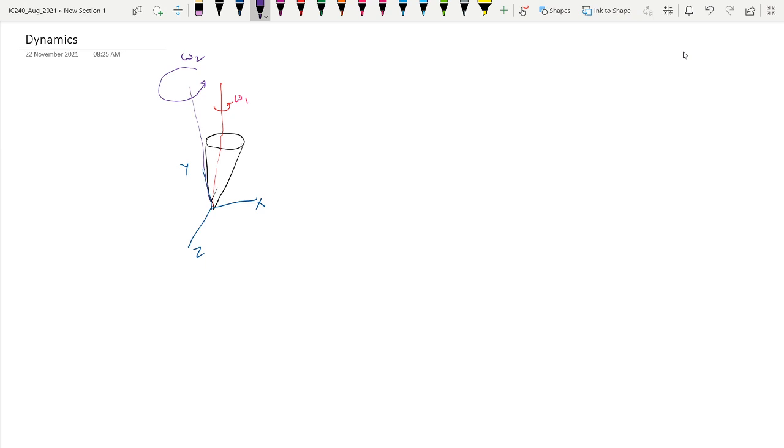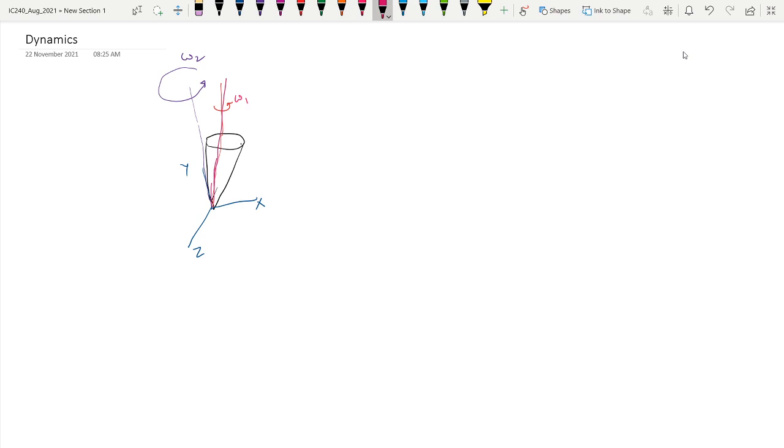So if I write the angular momentum, or if I choose the axis as capital XYZ, then I of this system is going to vary with time, because at the next instant this is going to be here, at the next instant it is going to be somewhere here. So the mass distribution is going to change with respect to the capital XYZ axis. So we are not going to write the rate of change of angular momentum about this XYZ axis. We are going to write the angular momentum about the axis which is attached to the rotating frame.